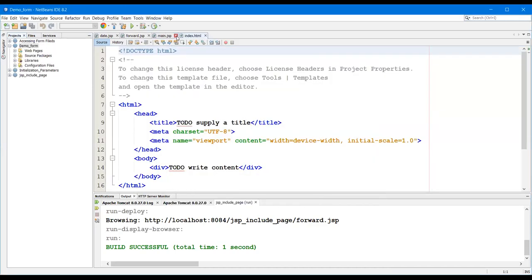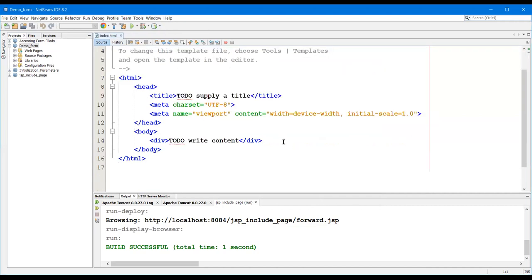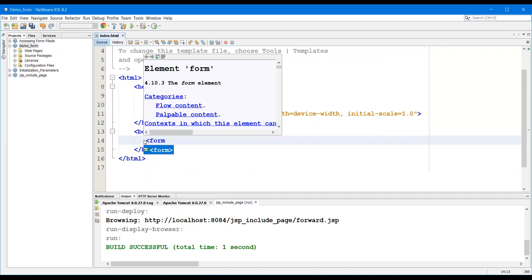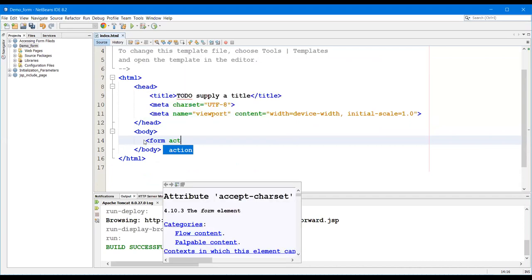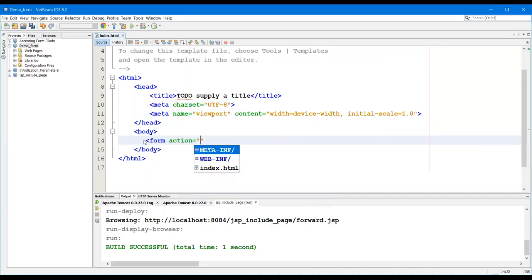Okay, now what we need to do is create a form. Form action is equal to, we need to give some action name. Here the action name can be given in two ways: like your URL, like web.xml, or whatever we want in the web.xml file, or directly simply give the JSP file.